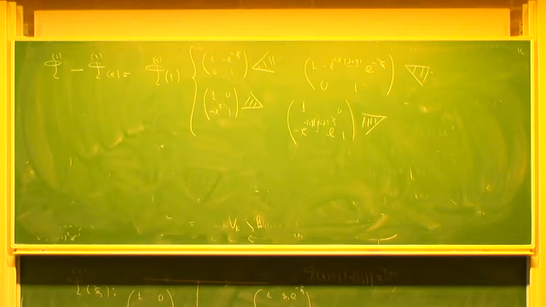And this is what I claim: I can take P1, I can choose P1 of z to be defined as some matrix, some z, times my phi 3